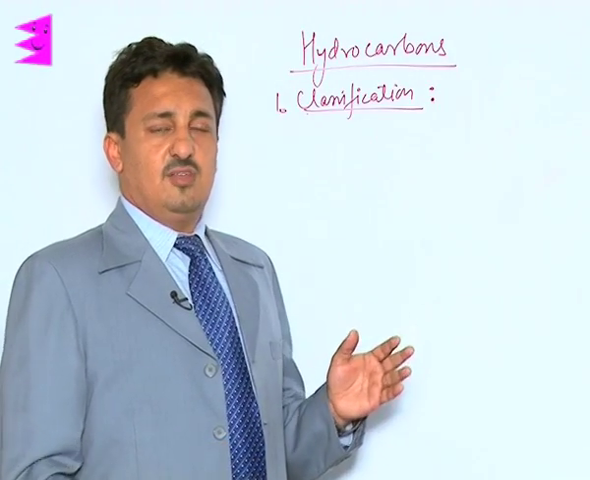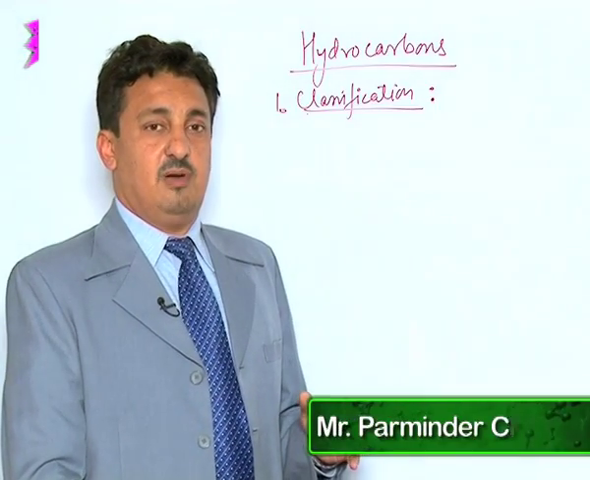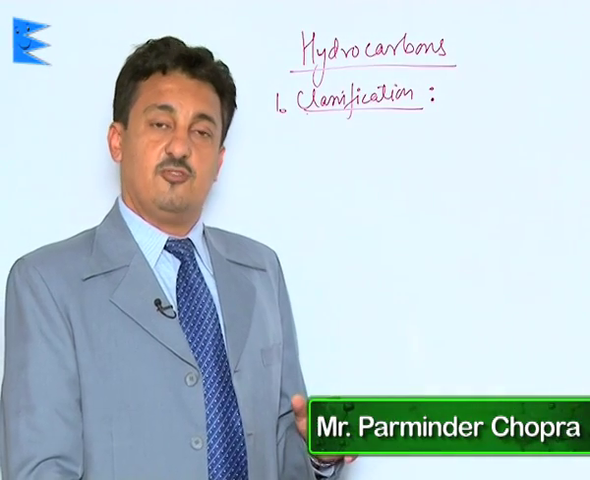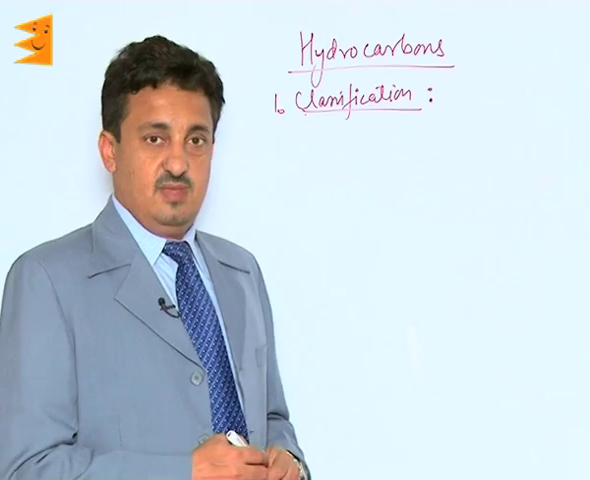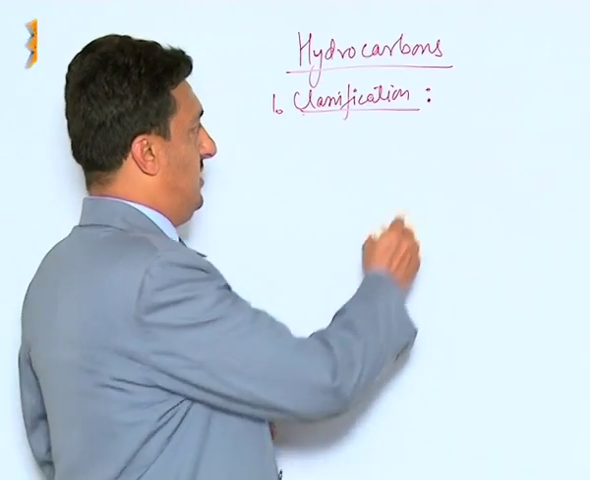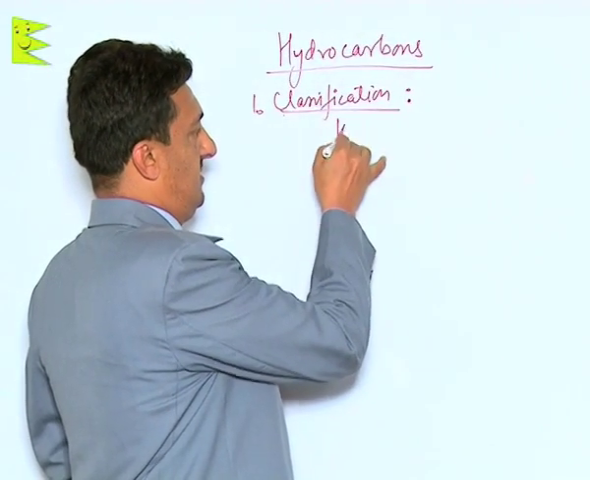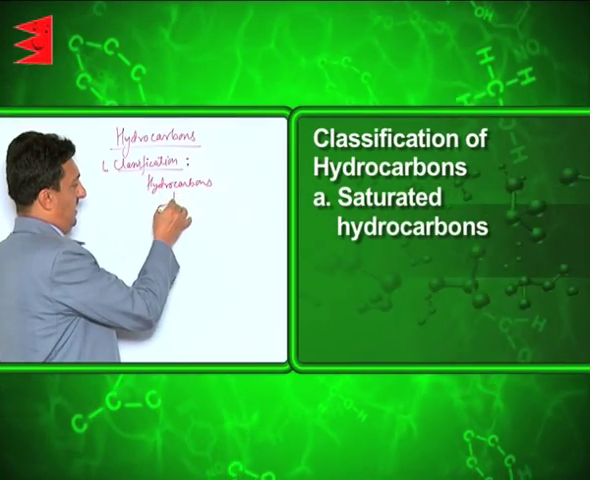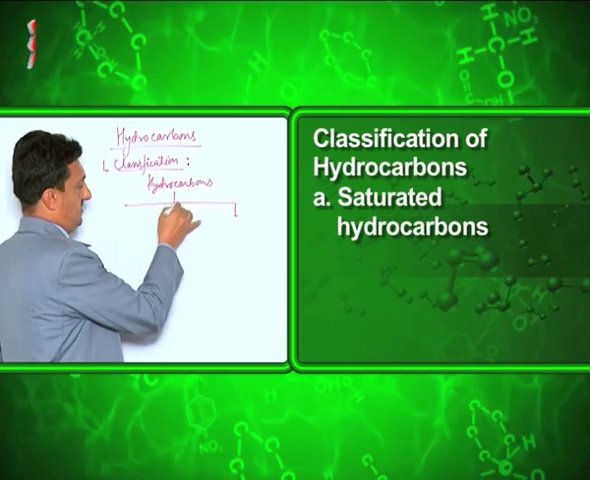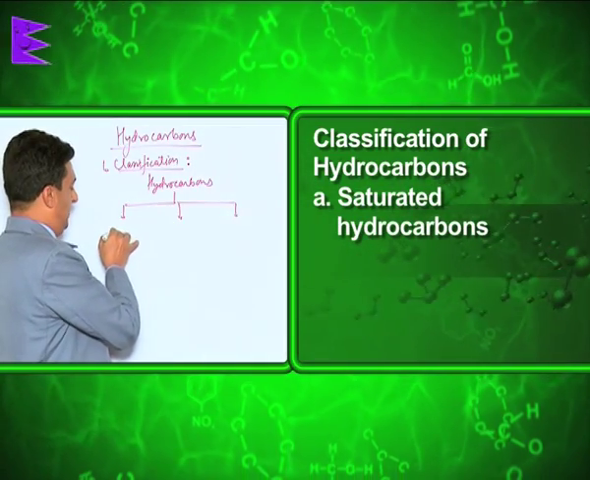Hydrocarbons. Hydrocarbons are those class of organic compounds which are only made up of carbon and hydrogen. Let us see first their classification. Hydrocarbons are divided into three major categories. The first one is for